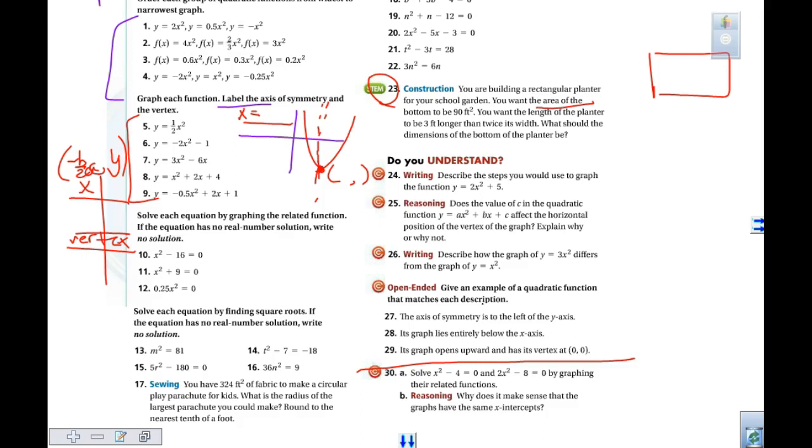Here's the other thing is I have the final review packet, and I wasn't going to hand it out at this point, but